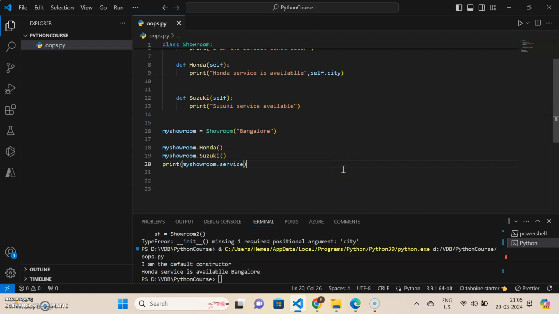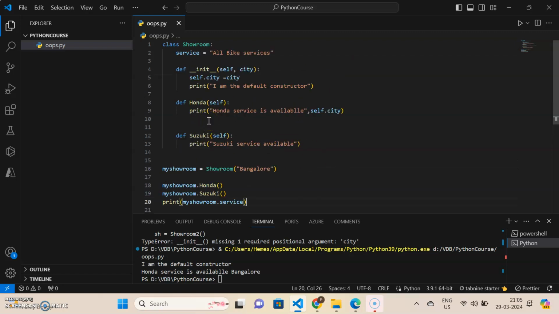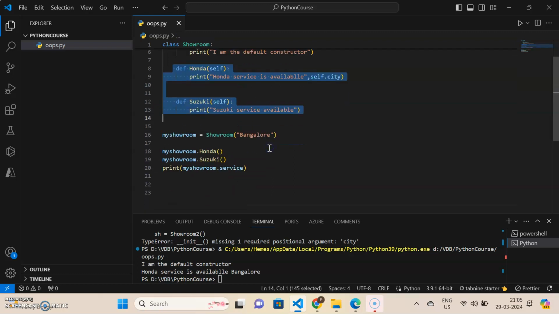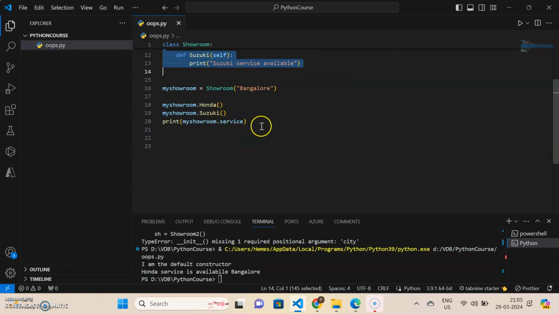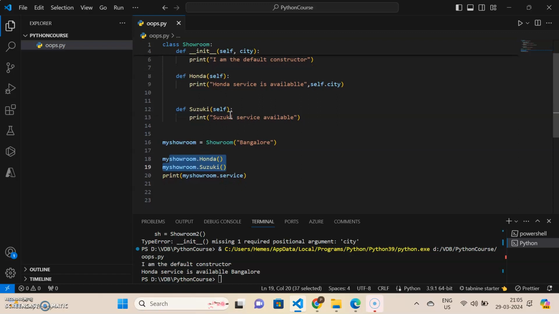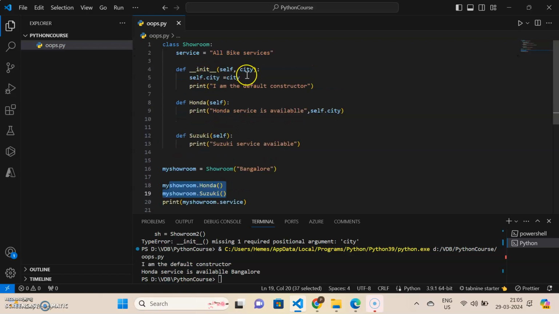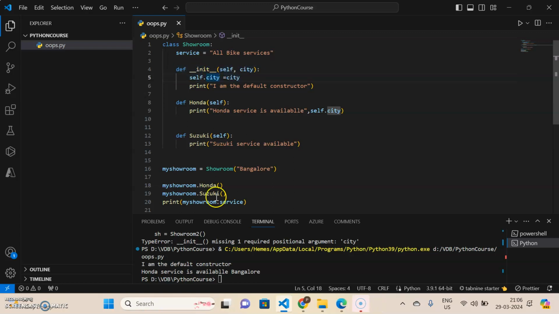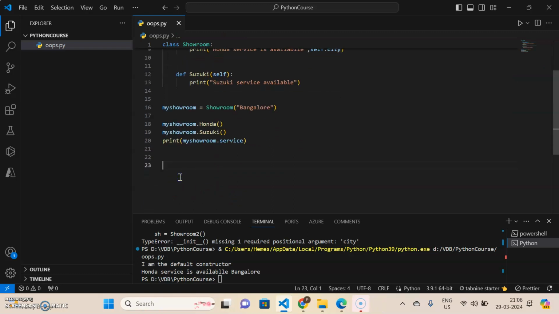Welcome back, guys. In this lecture, we're going to discuss inheritance. Let's say we have a class called showroom, and we have two methods, Honda and Suzuki. Then we call Honda and Suzuki by creating an object of the showroom class, and then we also have the constructor. Sorry, yeah. So, let me define one more class called